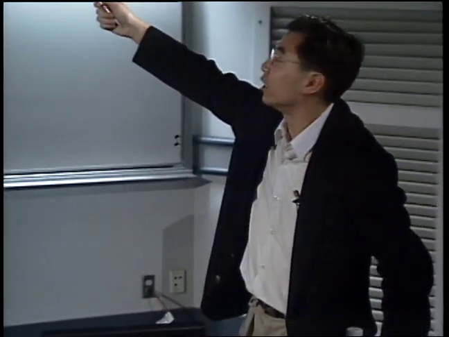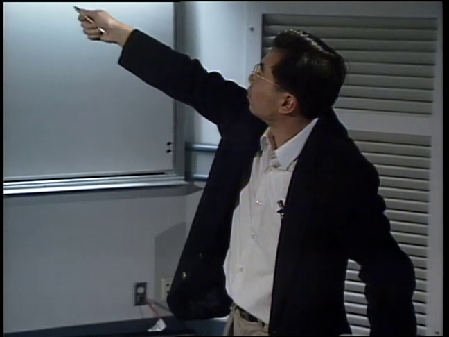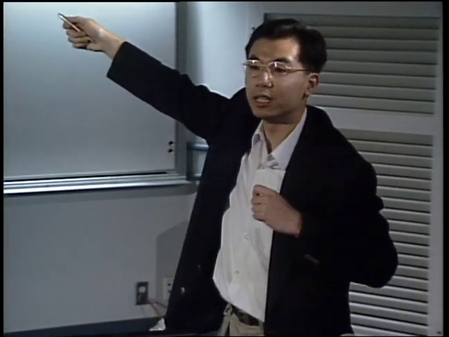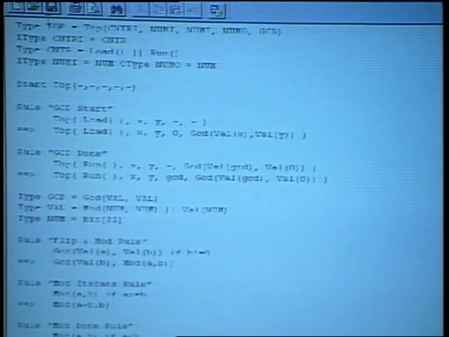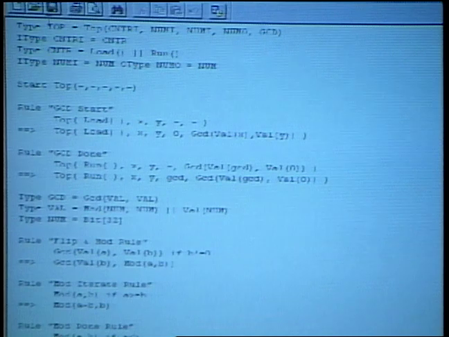So let me first show you what the description actually looks like in concrete syntax. This is in actual syntax, and here are the rules that I showed you, and these are the type declaration for the terms in the system. What's up here is a sort of a wrapper to implement I/O. So when we build a module, we can actually interact with it. And what I can do,